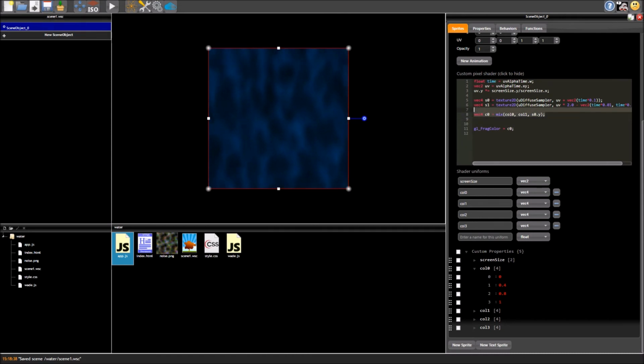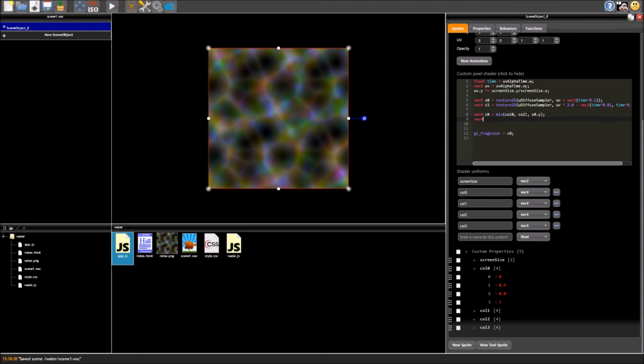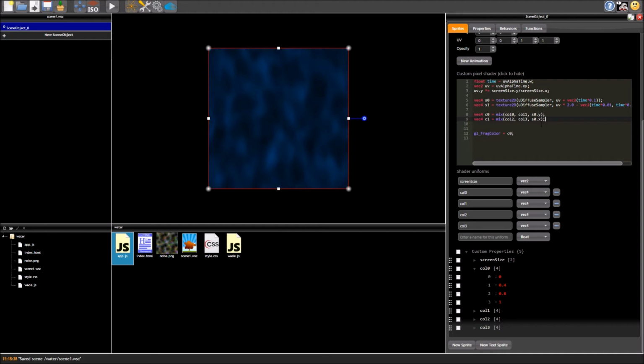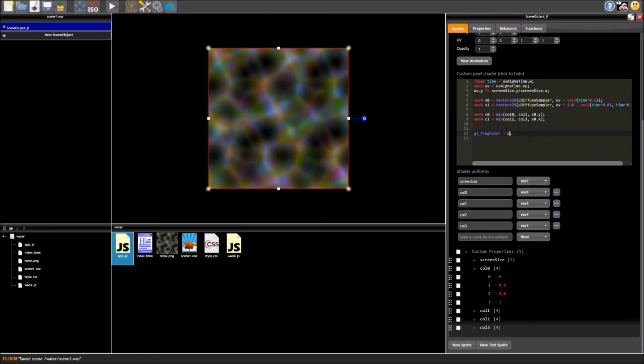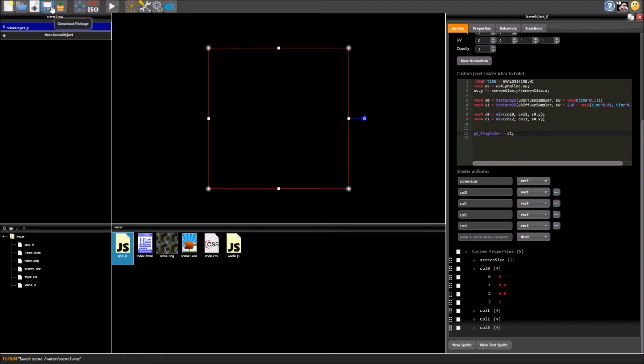So ultimately, we are going to do this with multiple samples. We're going to add a few more, and we want a few more colors as well. So I'm going to add one more master color for now, C1. And we're just going to mix colors 2 and colors 3. And this time we'll go with .x, I think. So let me just put a semicolon there. Now, of course, color 1 is not being used at the moment. So we're just going to quickly go change this back to color 1, which is black.